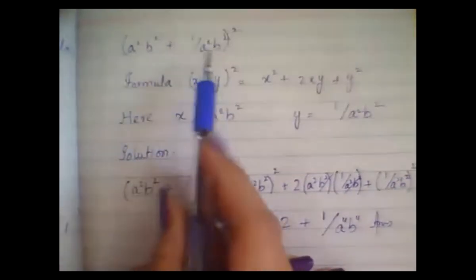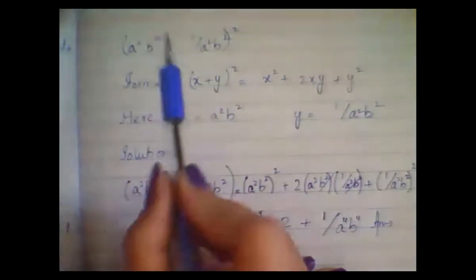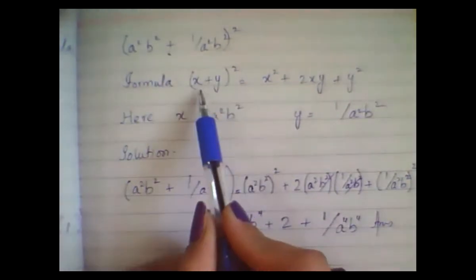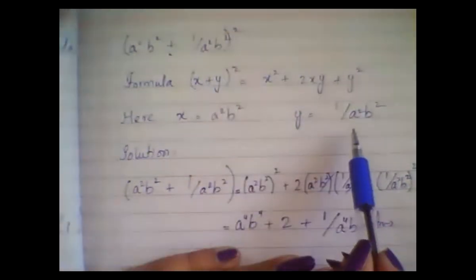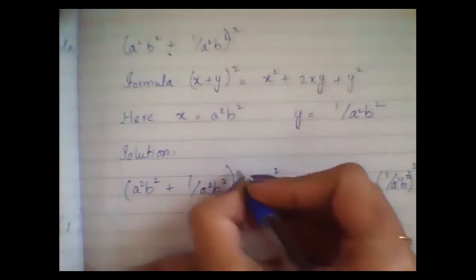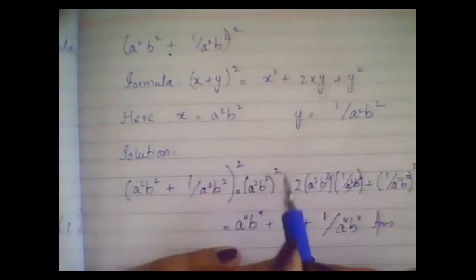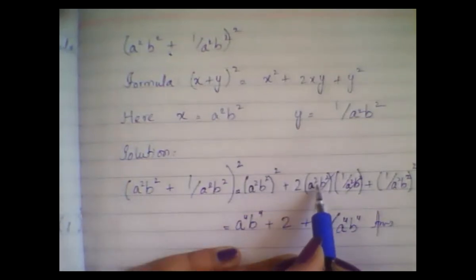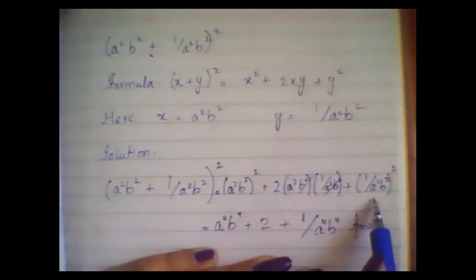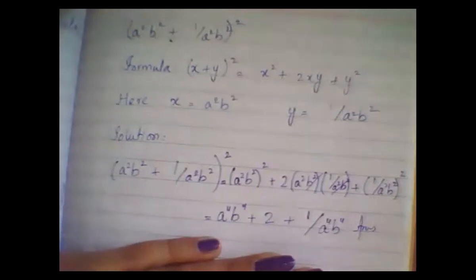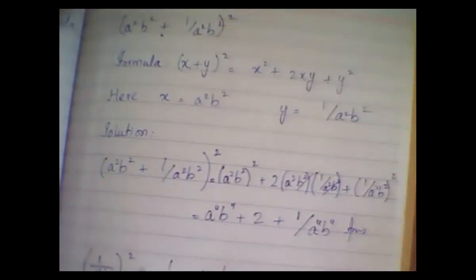Is it clear? Step number 1, we have to check out the sign first. If there is a plus sign, we have to take the first formula. Then we take the first term as x and the second term as y, then copy down the question with the whole square. Then first term square plus 2 times first term into second term, plus second term whole square, then we get the answer. Now everything is clear, my dear. I hope that now everything is clear to you.